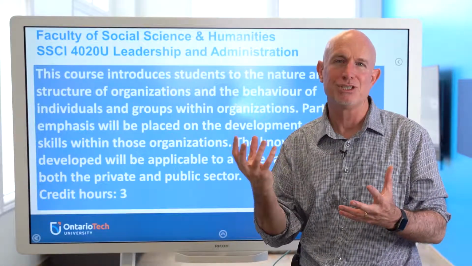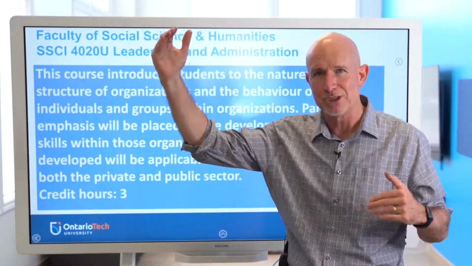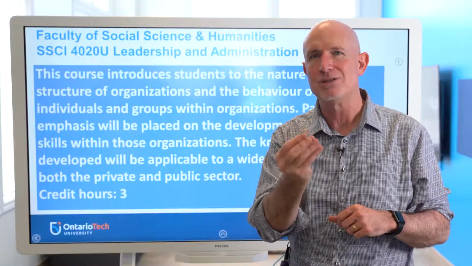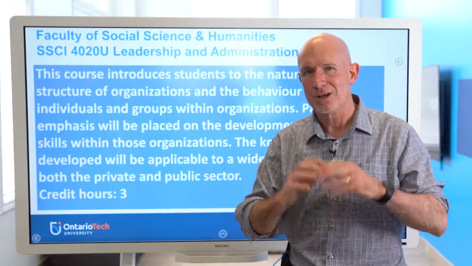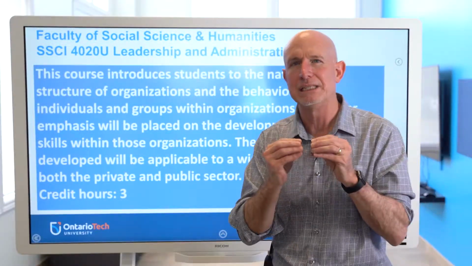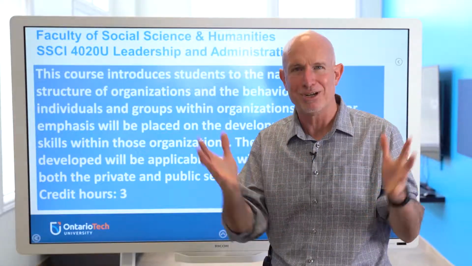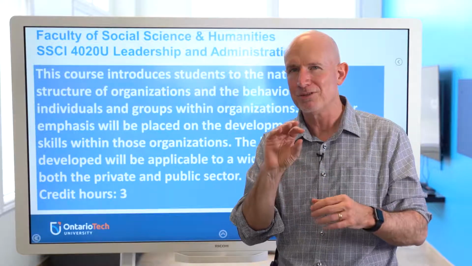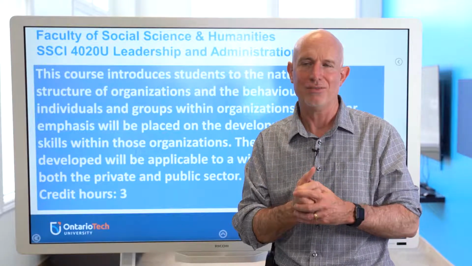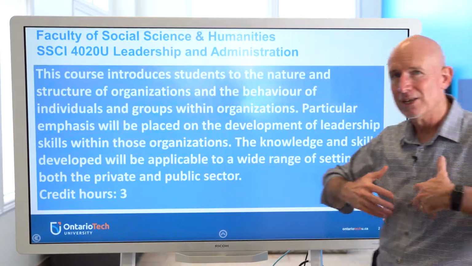So how are organizations structured? As complex adaptive systems: complex, made up of many parts; adaptive, always changing based upon external and internal pressures; and systems, organizations are designed to accomplish a task. So as you think about that, an organization is a living organism made up of people, bounded by policy, supported by bureaucracy and administration. But ultimately, leadership becomes pivotal in the health and the well-being of that organization. And that's why leadership becomes so important in developing those leadership skills.